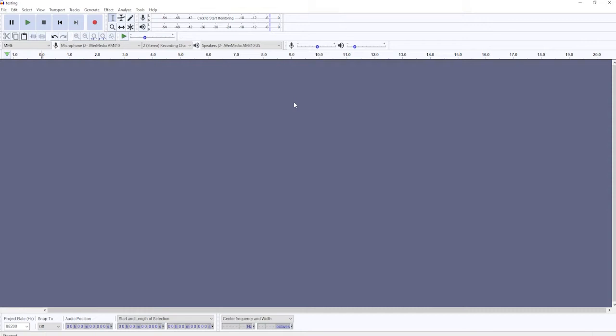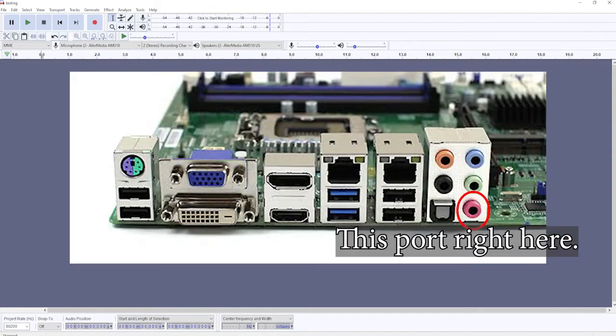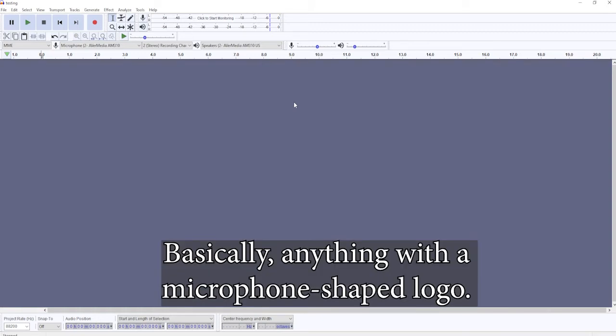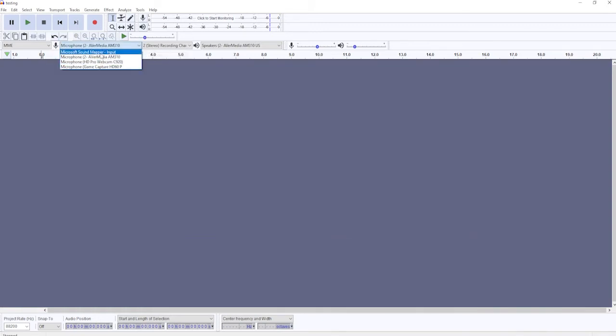First, I plug in my aux cable. I plug it into, of course, the Walkman, and then I plug it into the microphone port in the back of my computer tower. Now, notice how I say computer tower. I think it's also in all-in-one machines too, the ones that you find at Best Buy or any other computer place. Generally, it's going to be called something to the tune of